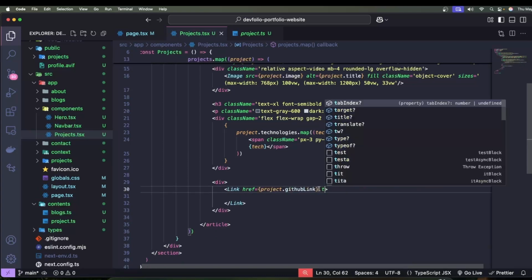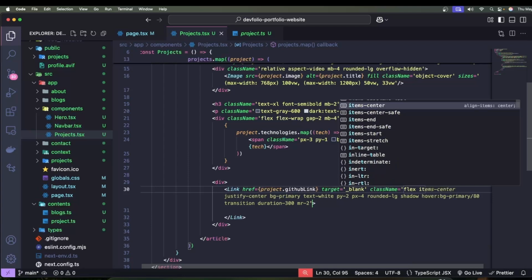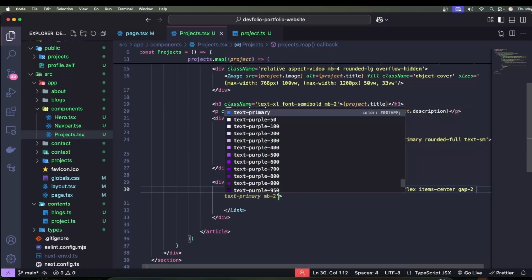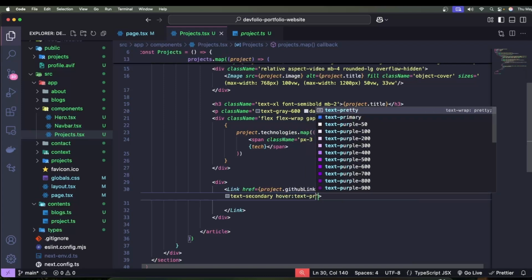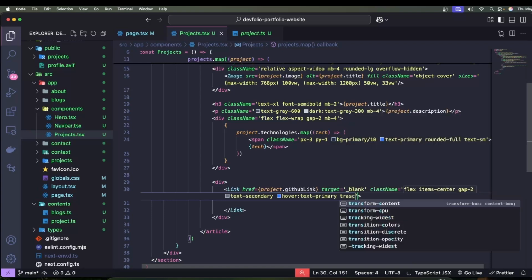That means when someone clicks here, it will have this target blank to just take it to the next page. So without the same page, here you can simply say class name will be flex, then items center, then we'll have gap 2, then we can say text secondary color, and when someone hovers, text primary color,